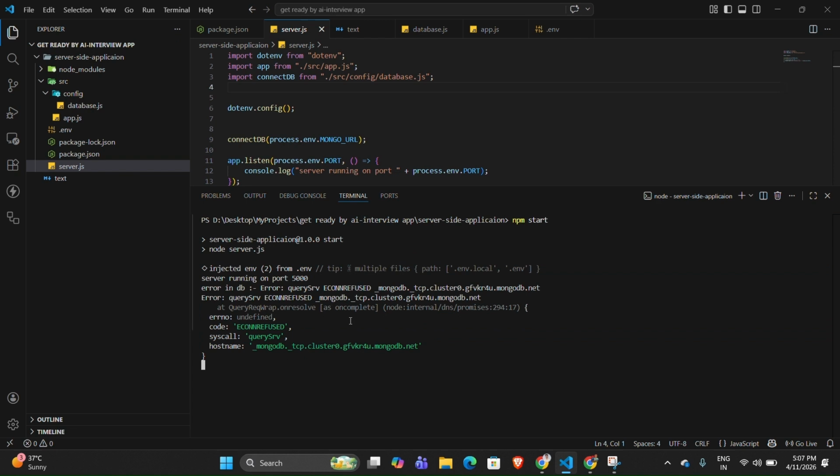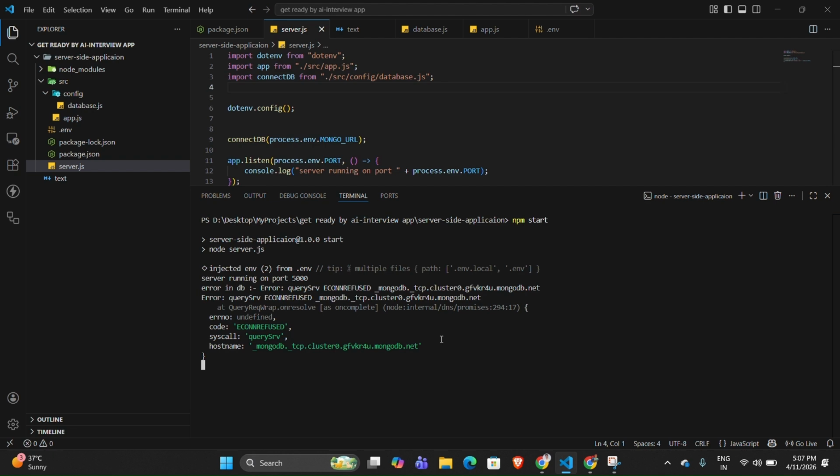Okay, so now the two solutions I already gave in the previous two videos. Now I am giving three more solutions. First, let me show you the first solution of this error. You can change your MongoDB URL. Sometimes it comes because of the MongoDB URL, where you see this srv something in the line. So what you have to do is just change your MongoDB connection URL.